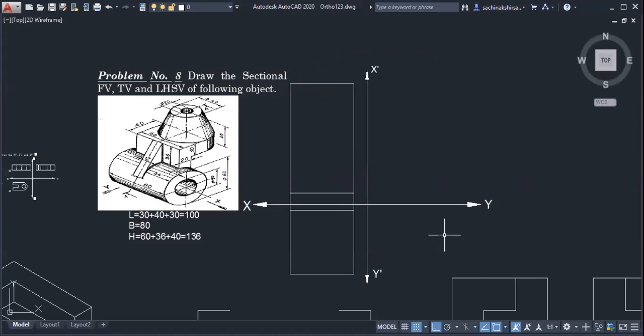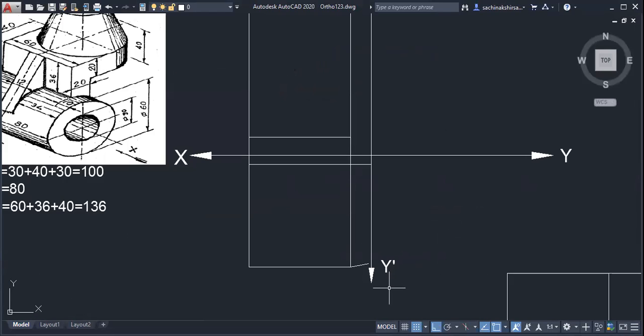Then our regular method we can take. We have to draw an arc. From here we can draw an arc.